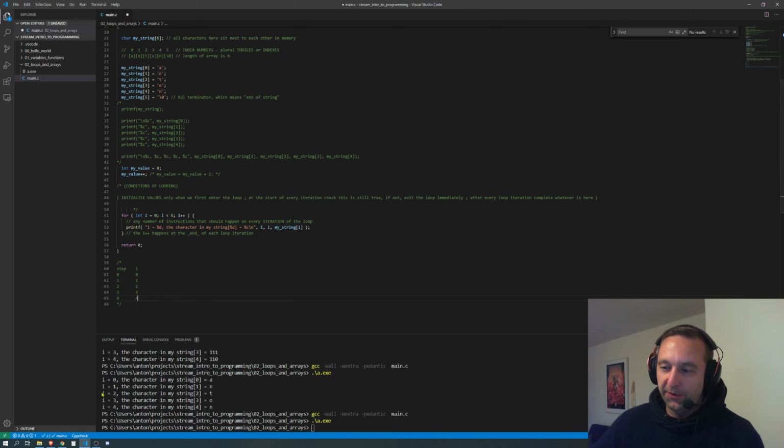And you'll see that it's printed 3 correctly with O, and so on and so forth. And finally, on the last iteration, we will increment I after printing out the fourth character N. At the end of that, we'll come back to the top, check if we're going to do another iteration. Is 5, which we have now incremented the value to, less than 5? No, it isn't. So stop doing the loop, put the control flow back to where it would normally be after